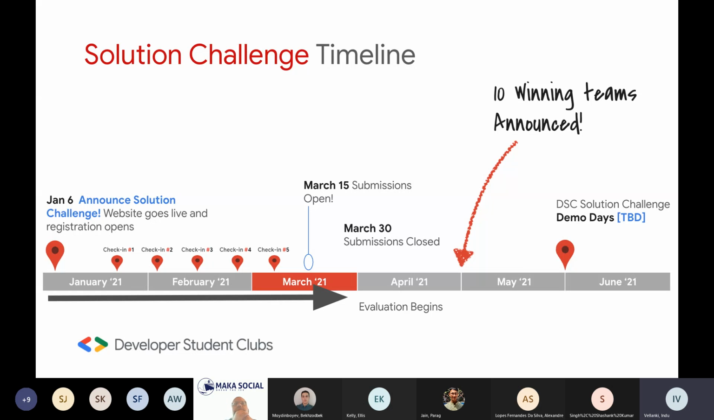And throughout the whole process, I think it's around 10 weeks between January and March, we'll have a few check-ins with the team leads. We'll have like bi-weekly calls just to see where everyone's at, to get a sense of each team's progress and meet deadlines so that everyone is able to submit a working project by the end of March, between March 15th and the 30th. After that,